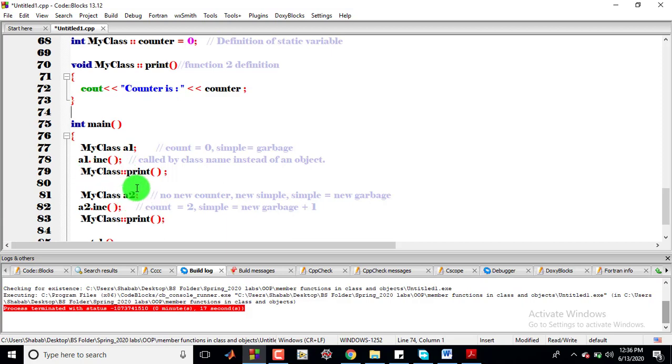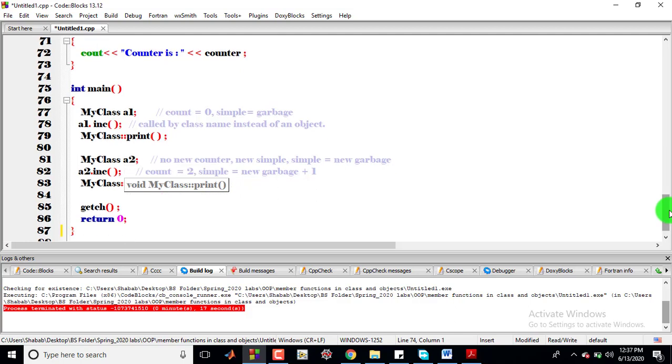Similarly, for the A2 object, the increment function is called by the dot operator and the print function is called by the class name. So static member functions can be called by the dot operator and the class name. This is the static member function in C++.